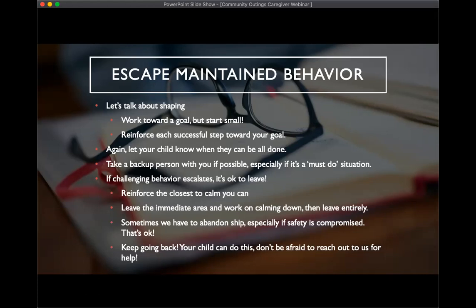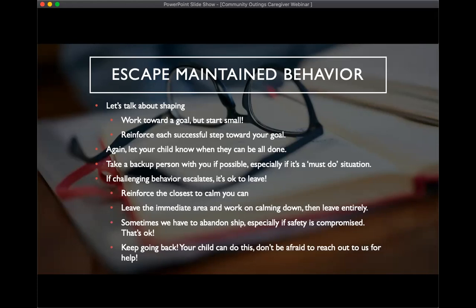So if you're able to wait them out until they are slightly more calm, let's say they're kicking and screaming and flopping on the floor, but you're able to get them to stand up and walk out with you while they're still crying and screaming, rather than having to physically carry them out, that would be a better alternative than just taking them at their highest escalation point. But you're going to leave the immediate area and work on calming down, and then you can leave entirely.